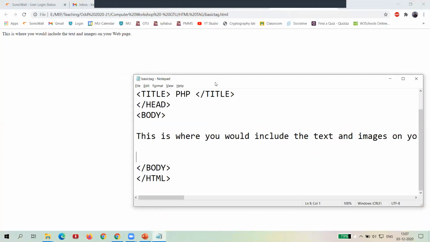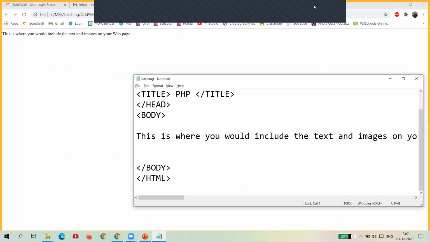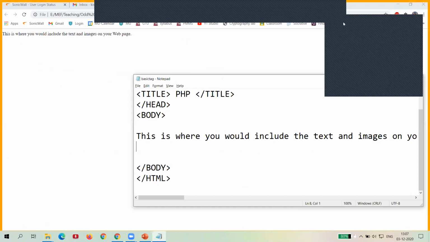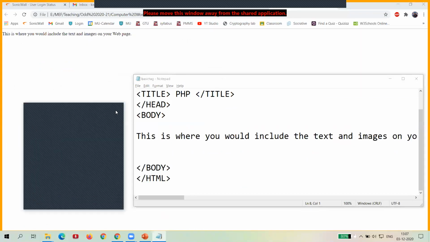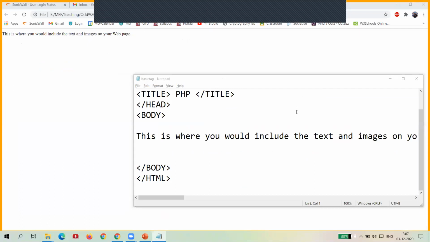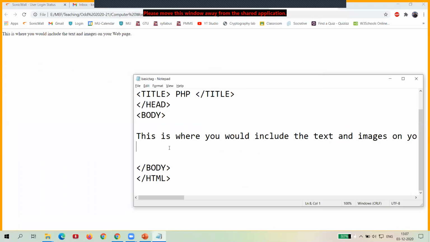Now my screen is visible, a browser with a notepad file. Thank you, students, for your response. So let's continue with the image tag.